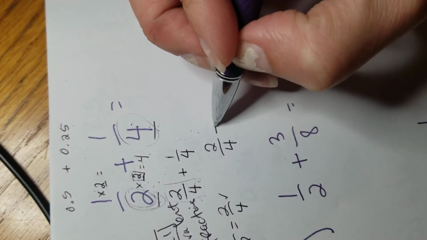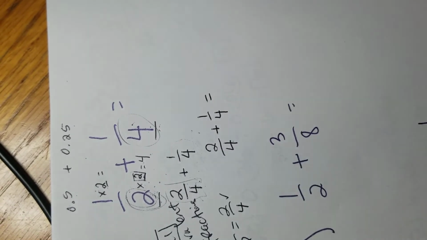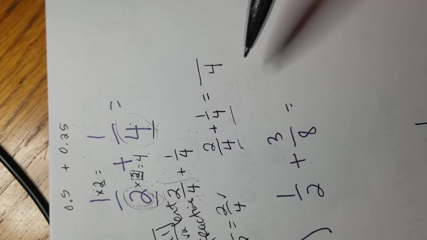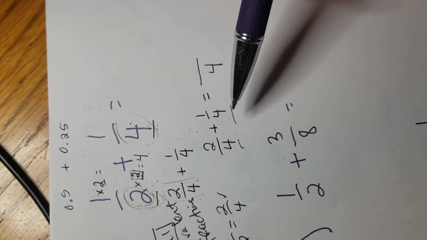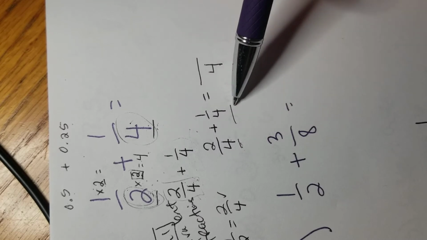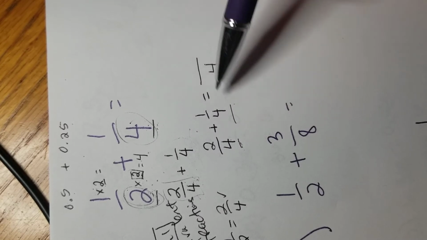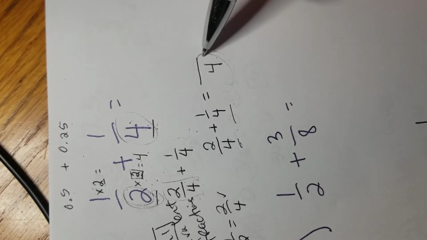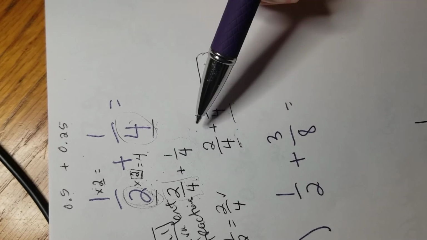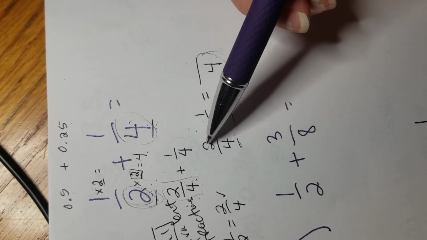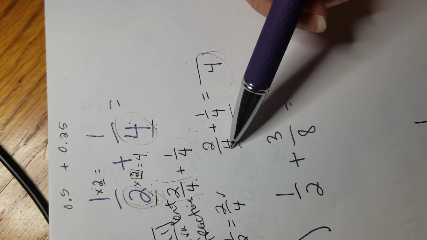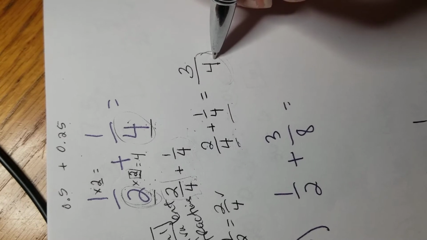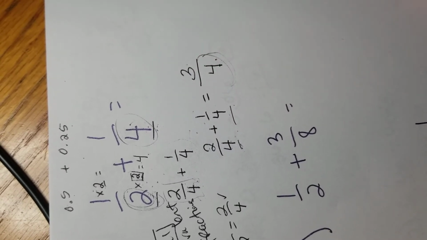2/4 plus 1/4. Once you have the same parts, keep that part. That's the whole point of adding or subtracting fractions. You have to have the same amount of parts in order to add them or subtract them correctly. Once you have the same amount of parts, you keep the parts at the bottom because that's all going to be the same. And then you add the top. So we have 2 of the 4 parts plus 1 of the 4 parts equals 3 of the 4 parts. So we have 3/4